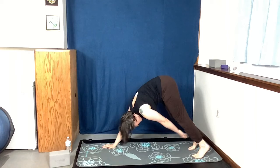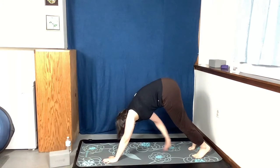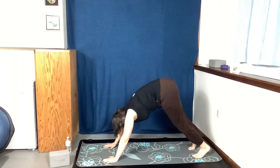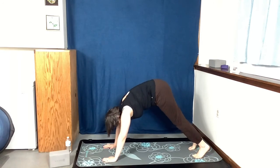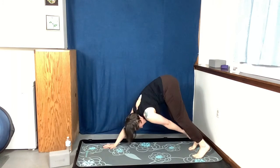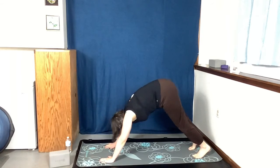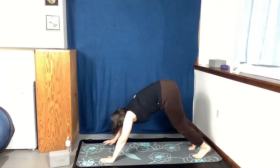This is option number 1 for you, and this is totally fine to stay here. You don't have to go on. If you want to go on, you're going to go plank, downward dog touch, plank, downward dog touch. So we're just adding a little motion in with those shoulders,